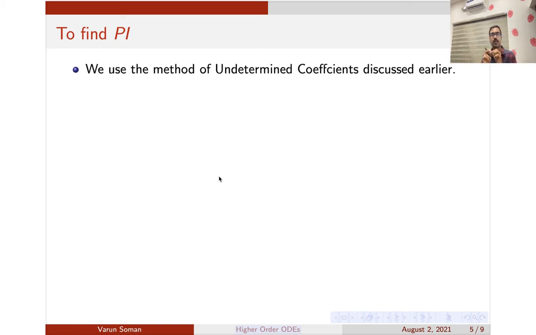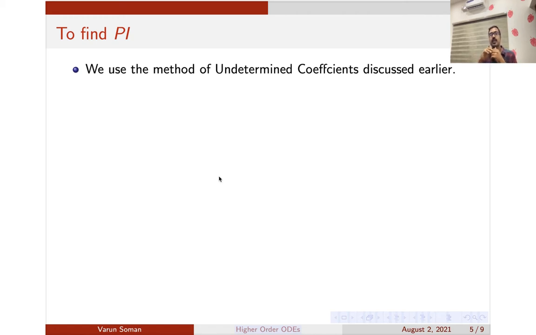So you have to write the factor corresponding to e raised to 2x, and also the factor corresponding to x square. Please go through the video on undetermined coefficients to understand it better. It is called the sum rule. And there can also be modification rules, because sometimes your RHS may contain a factor of the general solution.